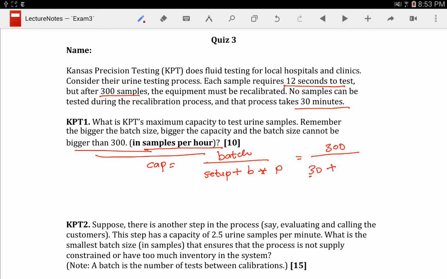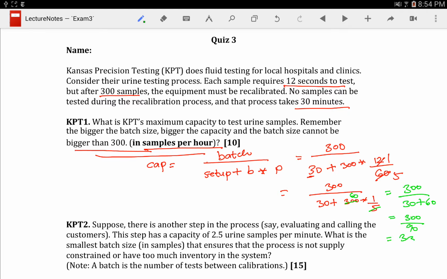We're doing this in minutes. The batch size is 300. The processing time is 12 seconds, but given this is in minutes, we want it in minutes too, so this is 1/5. So 30 plus 300 times 1/5, and 300 times 1/5 comes out to be 60. So 300 divided by 30 plus 60, which is 300 divided by 90, is 3.33